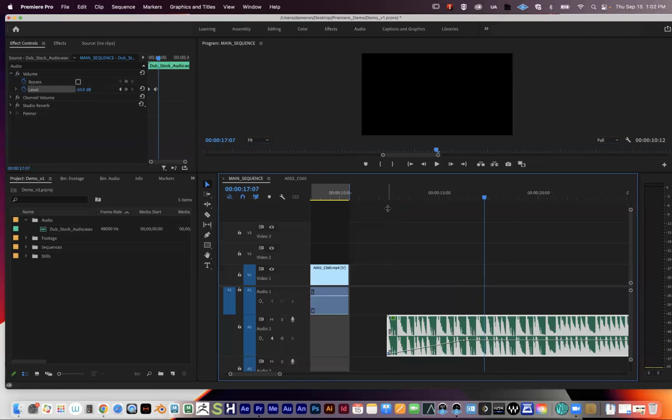So that can be really helpful for the beginning of a film, right? Or the end of a film, where you generally want to fade in, fade out your audio right there. So just to show this technique one more time,